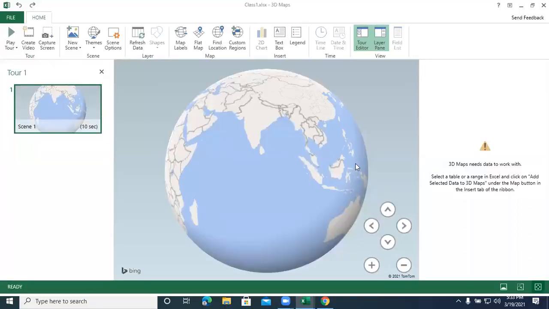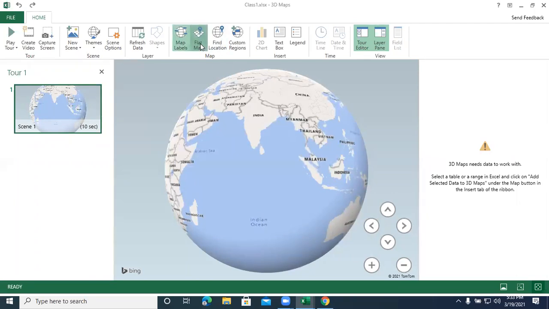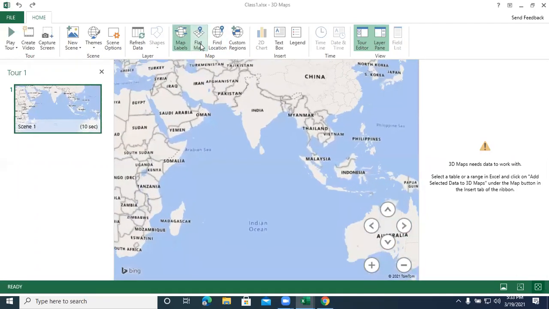See, so the 3D map is highlighted. You can also highlight the map labels. You can make your map flat.